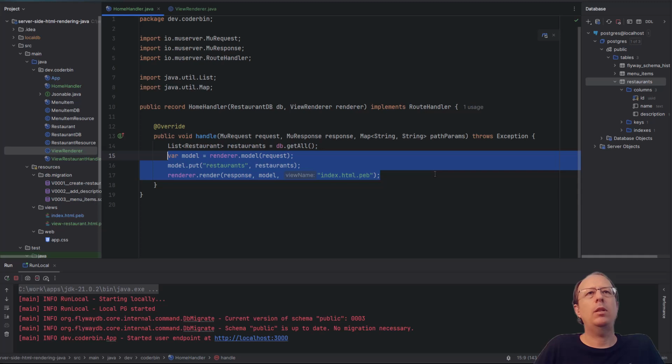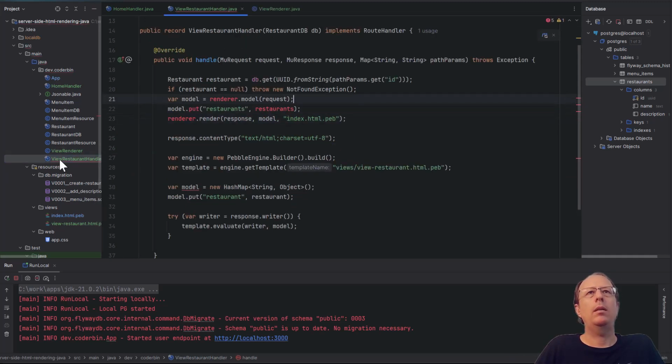Let's do something similar for our view restaurant handler. So if I come up here, get a reference to the view renderer, and this is just a single restaurant, and this is called view restaurant.